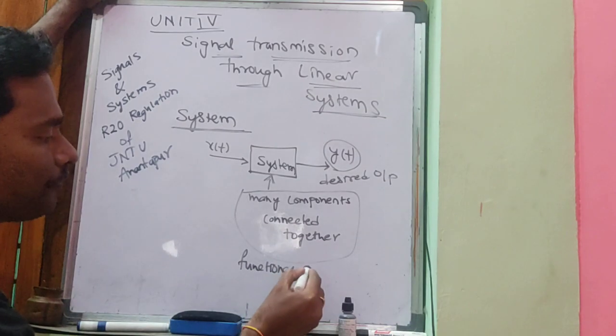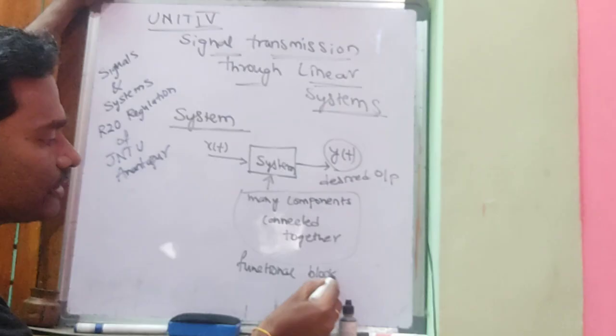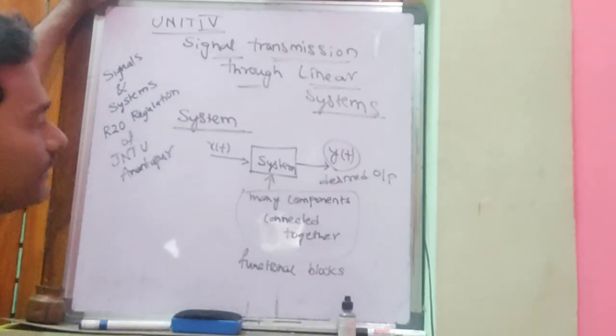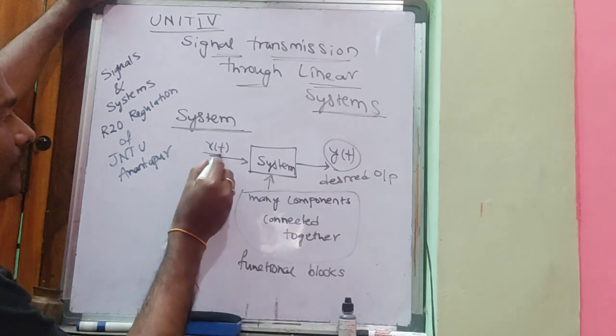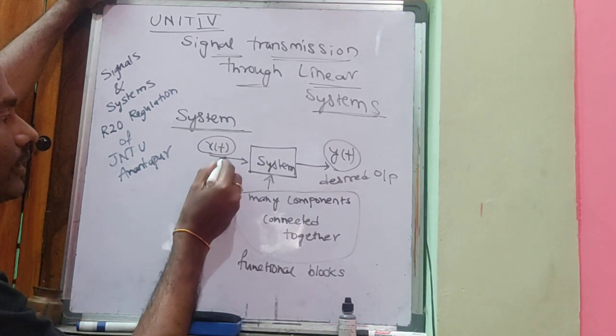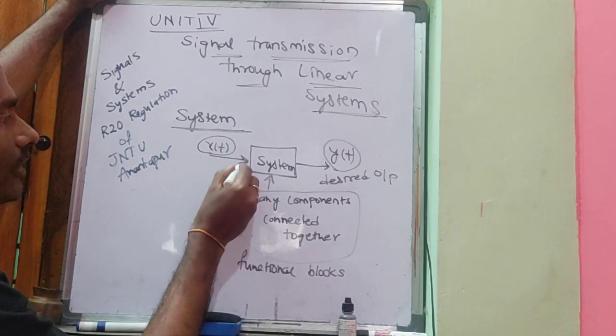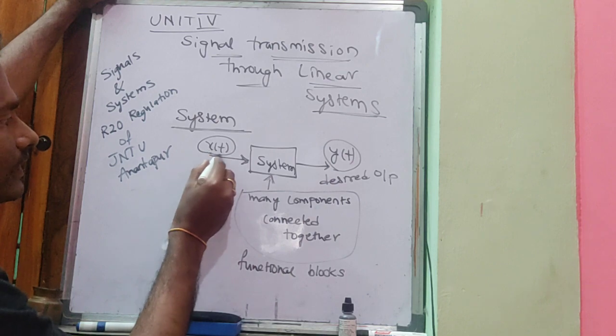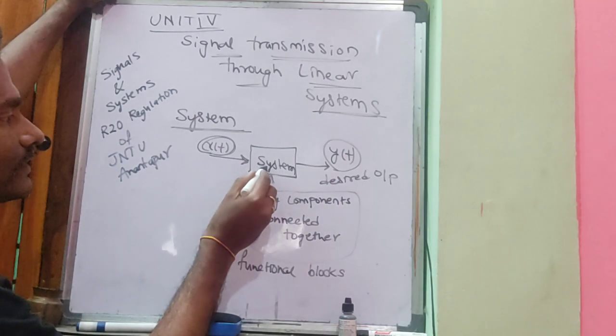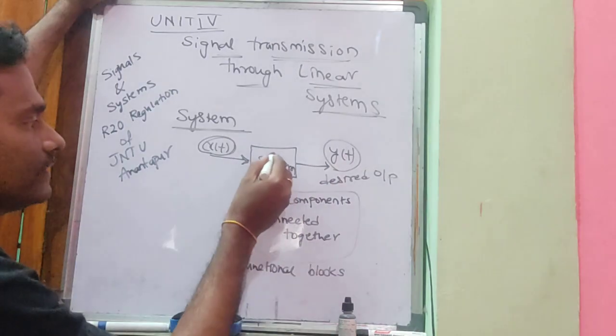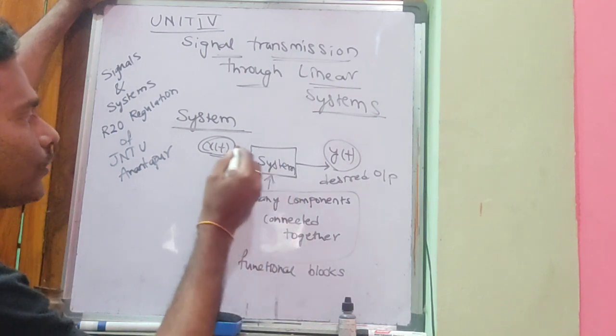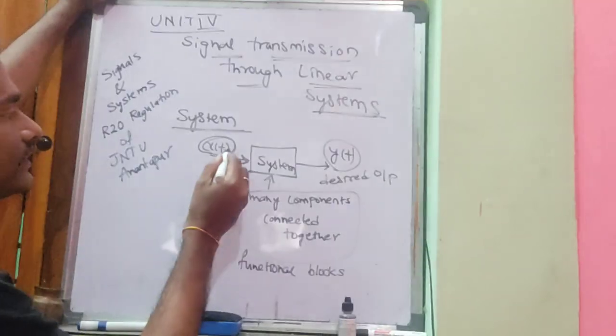All these functional blocks are connected together, and when we give some input to the system, this arrow mark shows the signal x of t going inside the system, and this system will transform this input